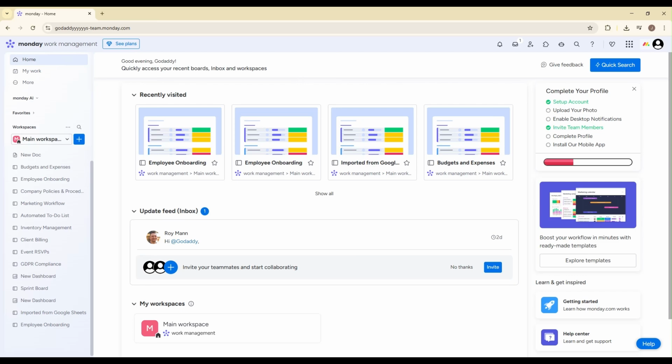In today's video, I'm going to show you exactly how to create custom reports and dashboards in Monday.com so you can track your projects, sales, team workload, and key metrics all in one powerful view. Whether you're managing a small team or running multiple departments, dashboards in Monday.com give you real-time insights without digging through